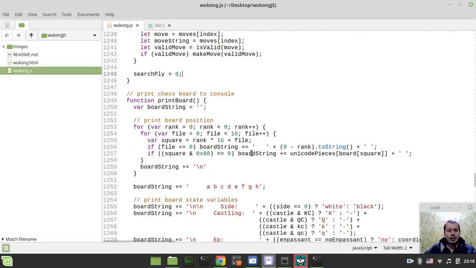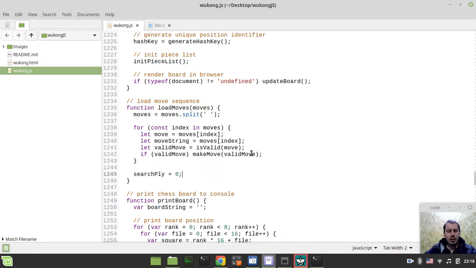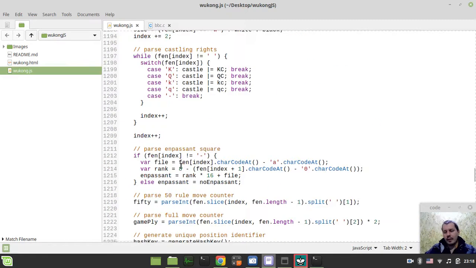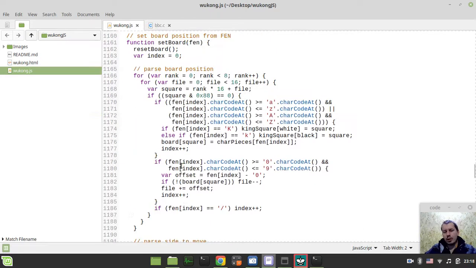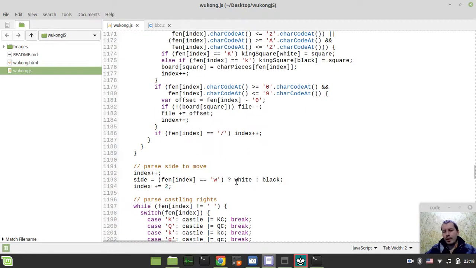Okay, so yeah, that was regarding the search ply and the game ply, and I have another difference regarding the matter of refactoring, basically within the implementation of move ordering. But as far as the move ordering is not yet implemented, I will probably cover that in the next video,